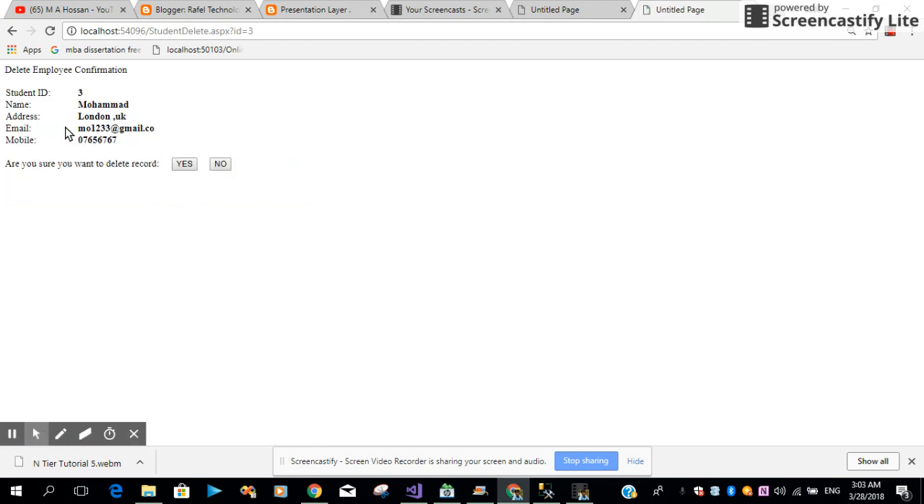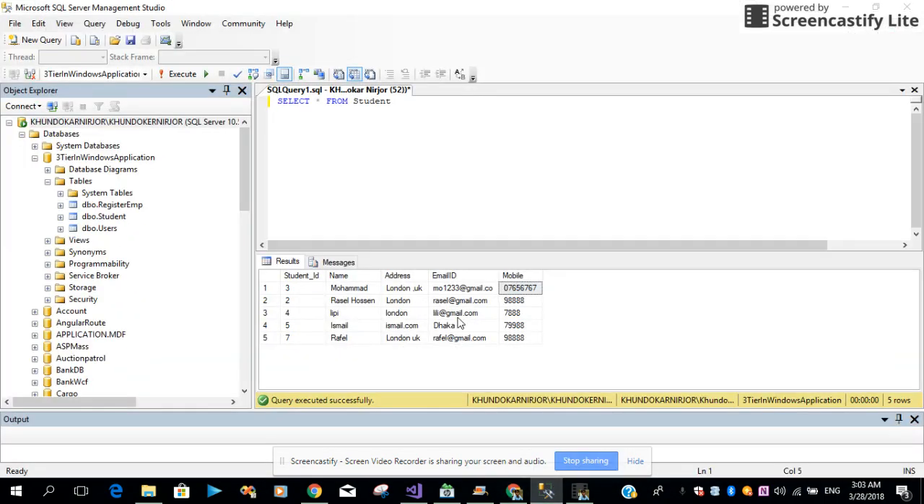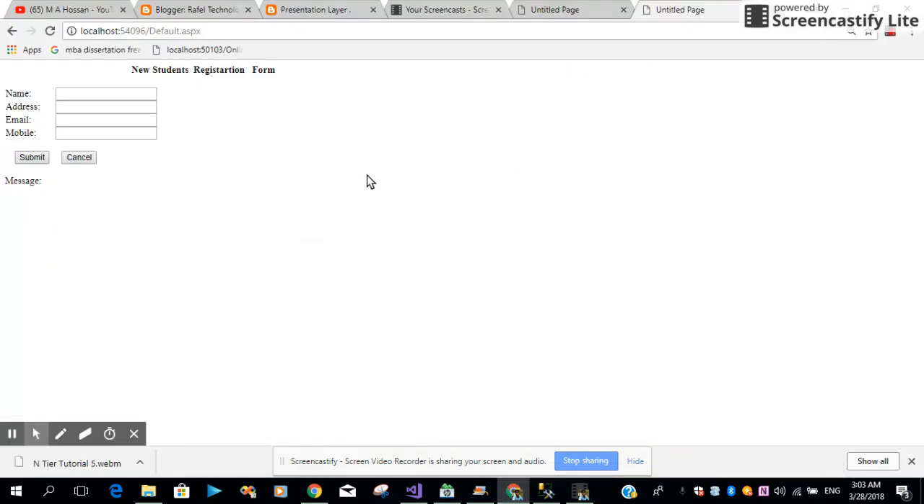The moment I click, it redirects to the delete ASPX page with the ID three. The moment I click this delete button, the record is deleted from the database. Look at this, we won't be able to see this record in our student database. Let me execute the query again. Look at this, we are not getting the record we deleted from our database. So update, delete, and insert